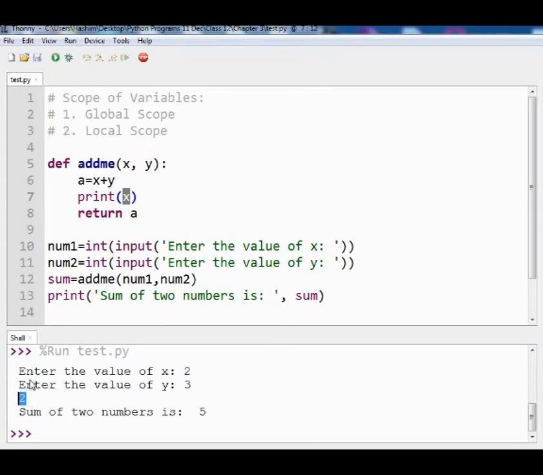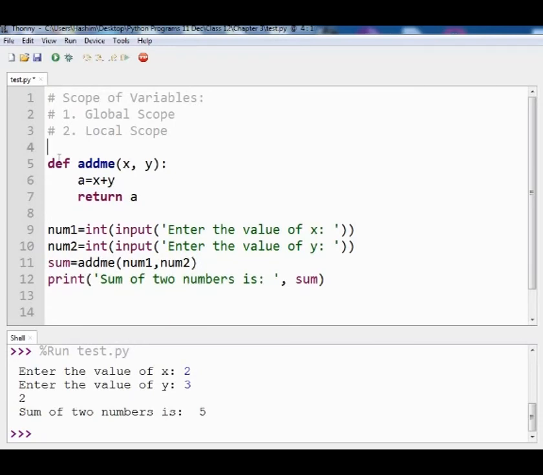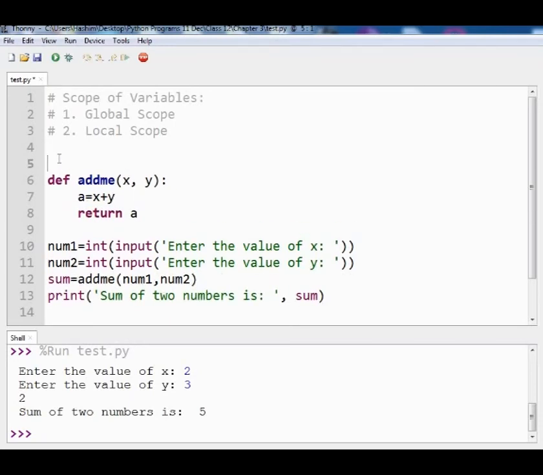Okay, and one more thing, if you define anything at the top of the program, as a very first line or outside your function, it is a global variable. Okay, let's say e is equal to 15.